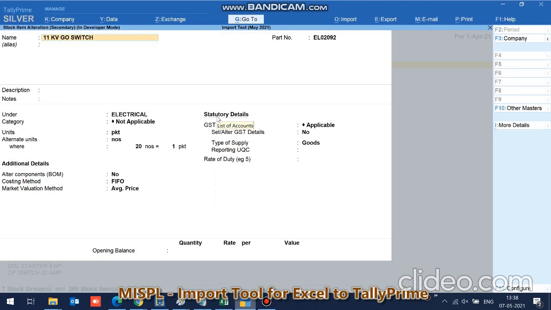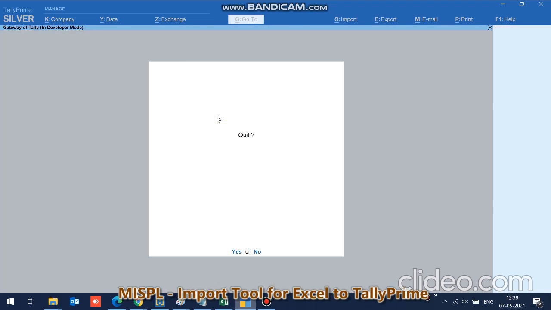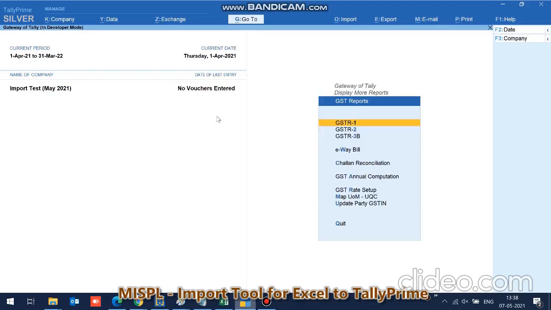If alternate unit is mentioned, then it will show you the alternate unit. See, in this alternate unit is mentioned. Now we see whether GST has come or not, and we see none of the items has GST.